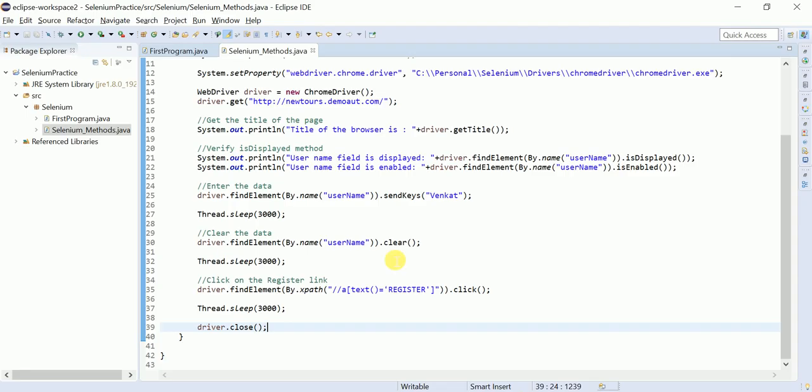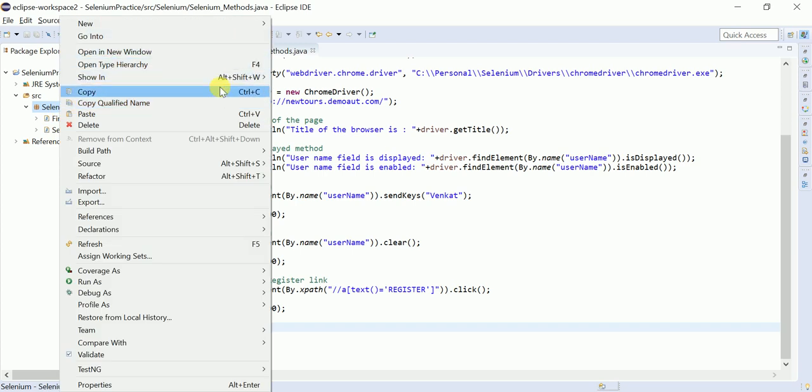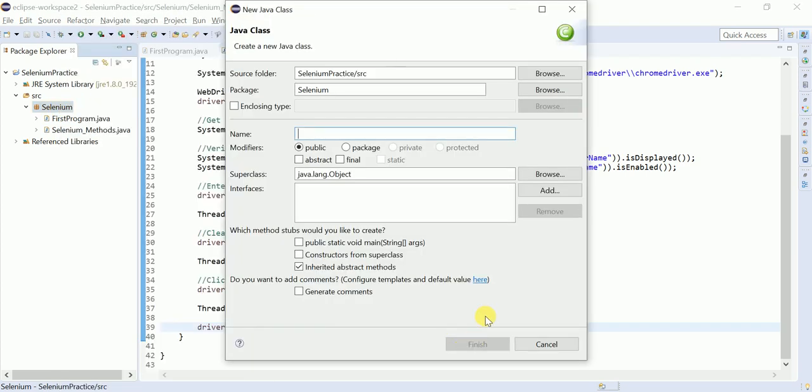Let me take a new class. This is for Windows. Windows example.